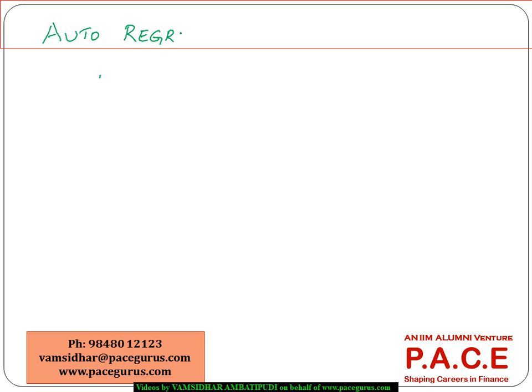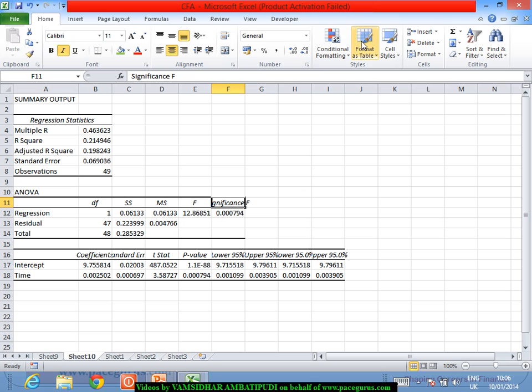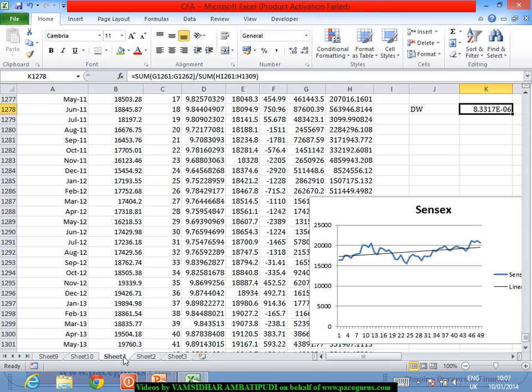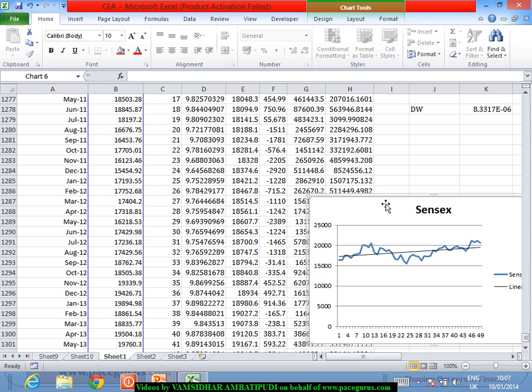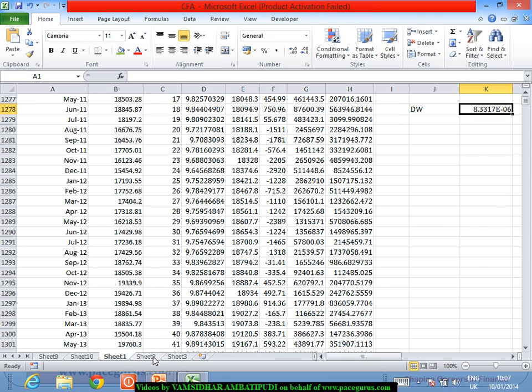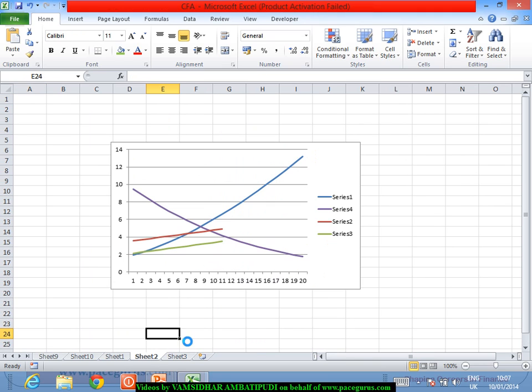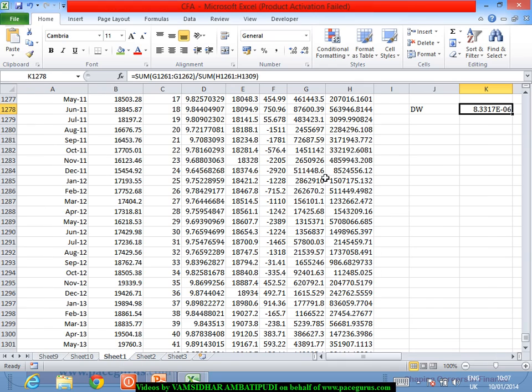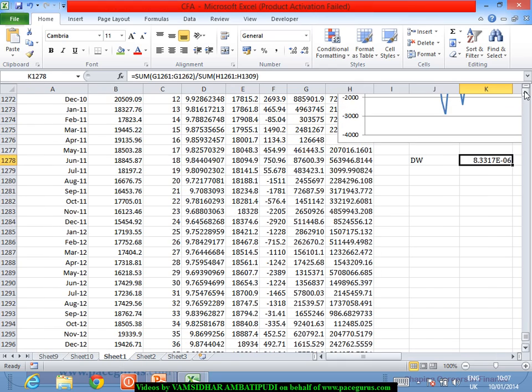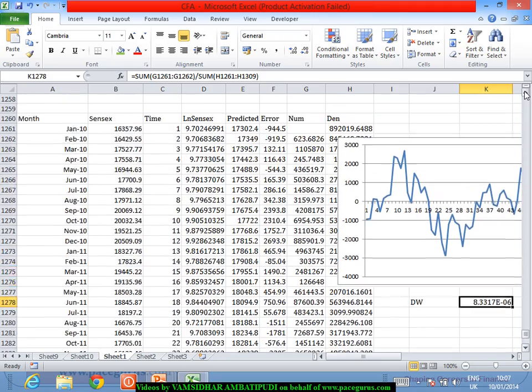So especially with the trend model, if I am seeing too much serial correlation present, we will try looking at autoregression kind of models. As the word itself says, when I say autoregression, I am trying to do a regression on the data. Let me take this to a separate sheet so that we can work it out much better. When I am looking at an autoregression kind of model,